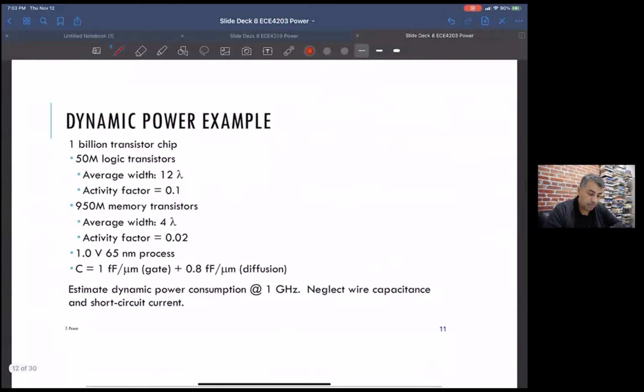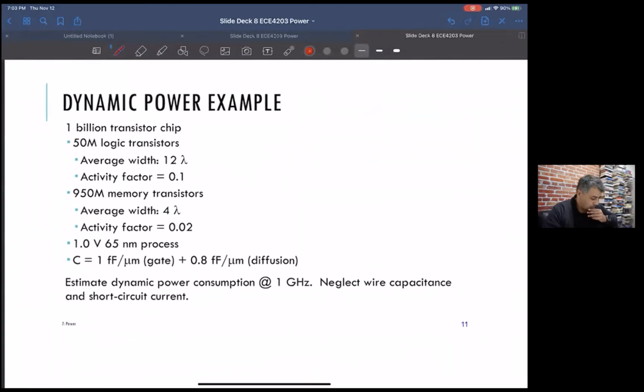Here's an example. Maybe we can just kick off with this example. So once you guys take a crack at this, it talks about a billion transistor chip, and it's mostly memory circuits. So it has 950 million memory transistors and 50 million logic gate transistors. The memory transistors, their average width is 4 lambda. This is a 65 nanometer process. So you're looking at